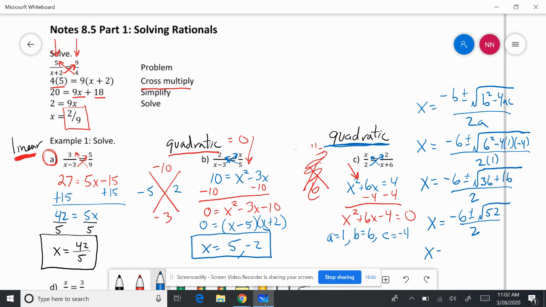And we know two numbers that make up 52 would be 4 and 13. And we know the square root of 4 is 2. So what we have is negative 6 plus or minus 2 square root of 13 over 2, which gives us a final answer of negative 3 plus or minus the square root of